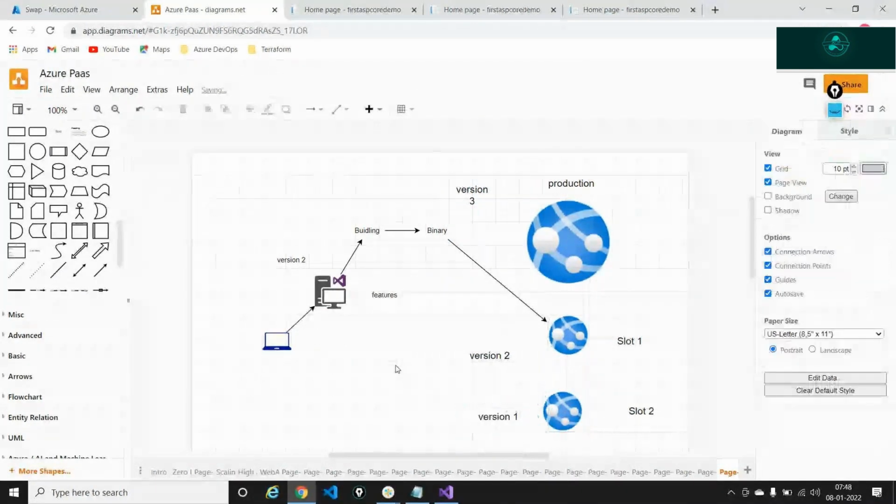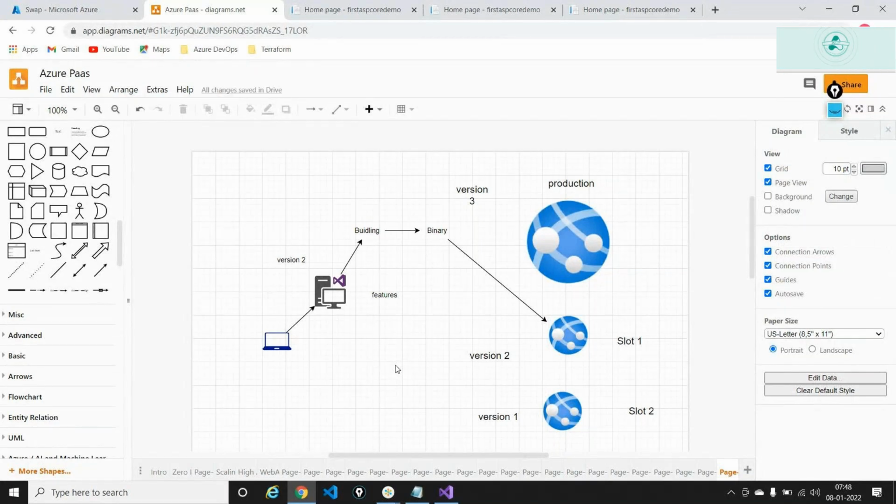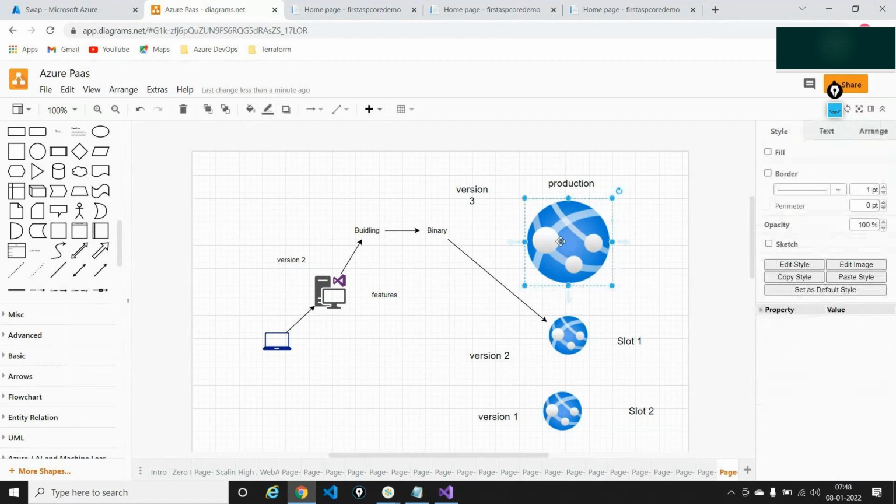So I can now play around with different versions of my applications, and again I can go up to a maximum of 5 depending upon the plan. This will change. So this is the concept, and this is overall called a zero downtime deployment. How do you achieve a zero downtime deployment? We use a concept known as a slot in order to do a zero downtime deployment. So this is the entire idea of having multiple slots, guys.